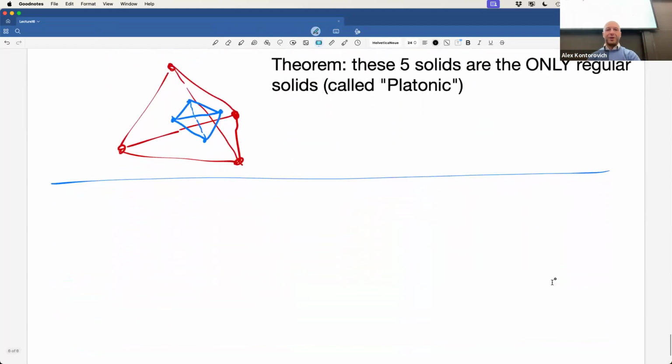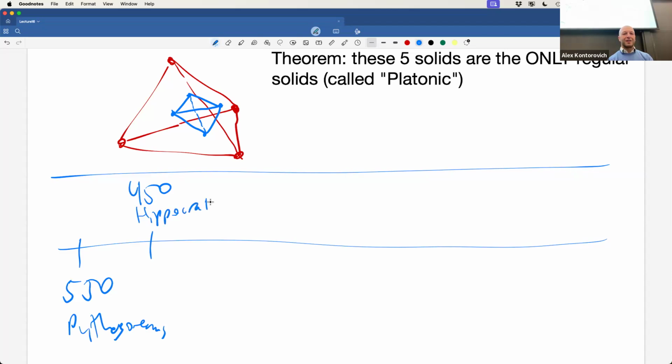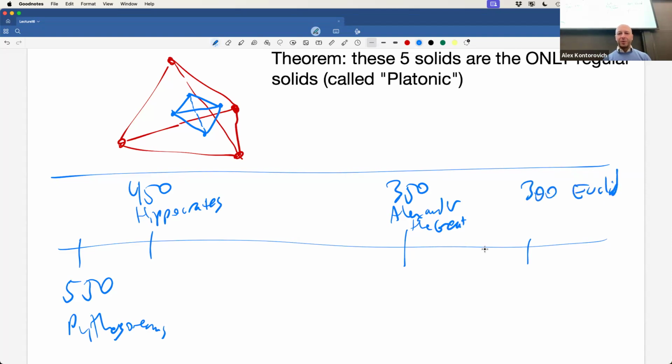Okay, let's just do a little bit of history here. So again, just to reorient ourselves, if this is the Pythagoreans, and then 450-ish is Hippocrates. And then we talked about around, I'll put it over here, 350 was Alexander the Great, who sets up the city of Alexandria, which is where in the year 300 we get Euclid. By the way, let's put Eudoxus on here as well. Eudoxus is around 400, just because of the big impact he had on the books we discussed, Joseph.